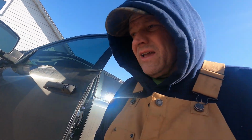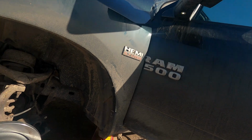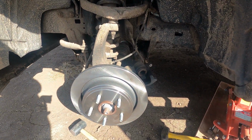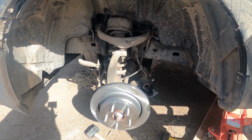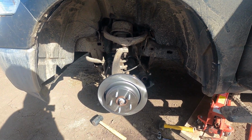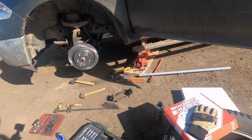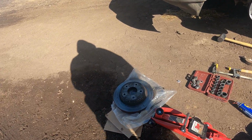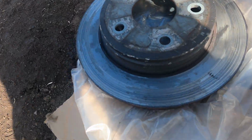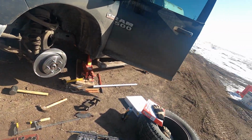We're going to be working on replacing the brakes on the truck. We're going to be replacing the rotors and the brake pads. So I've already started getting the parts out. Had to order them in, get them going. So we're going to be doing that. Here's the old rotor. As you can see, she's pretty ate up. Hope that's shown through. So generally what I end up doing is